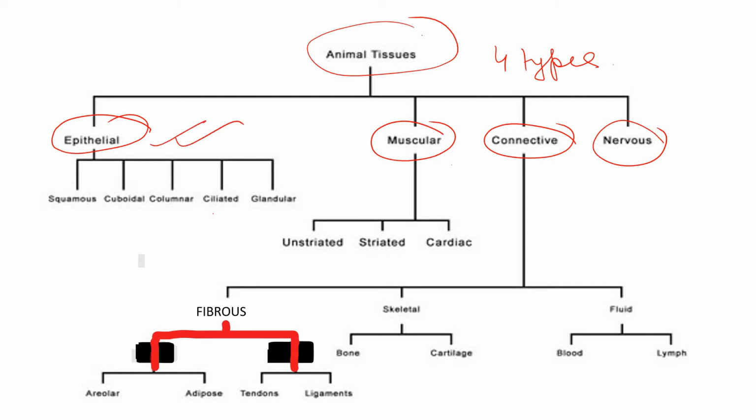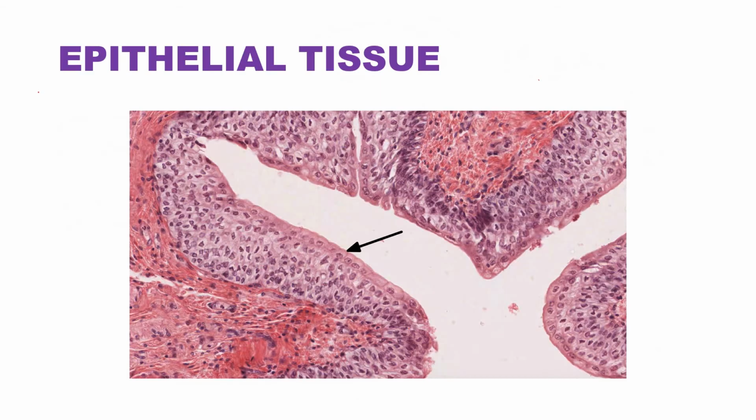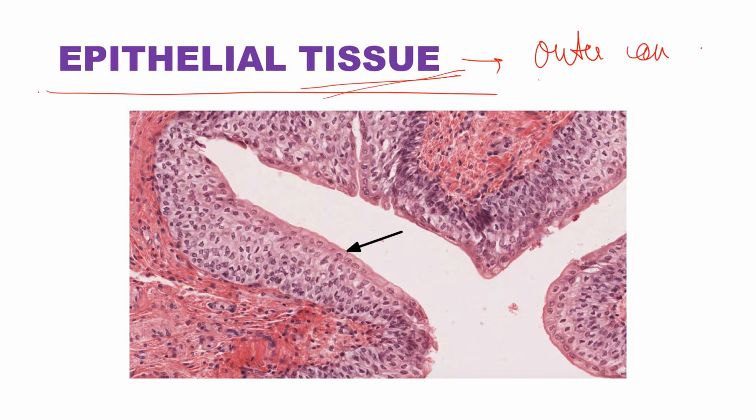Now you can see here that the epithelial tissues are again subdivided into squamous, cuboidal, columnar, ciliated, glandular ones. So let's see one by one about the epithelial tissues. So here epithelial tissues, what we can see is that these tissues are a group of cells which has a special function of being the outer covering of our body,